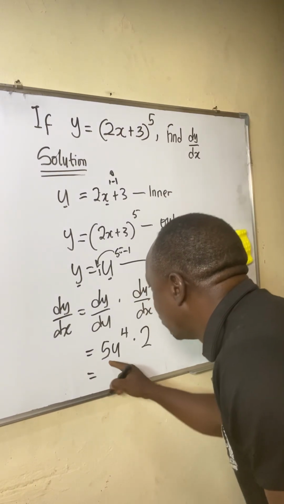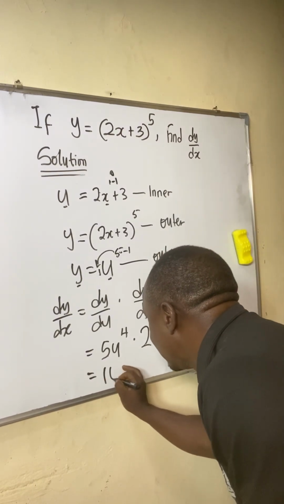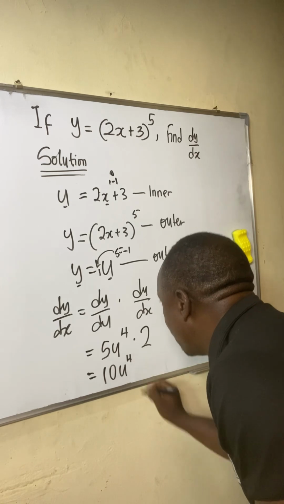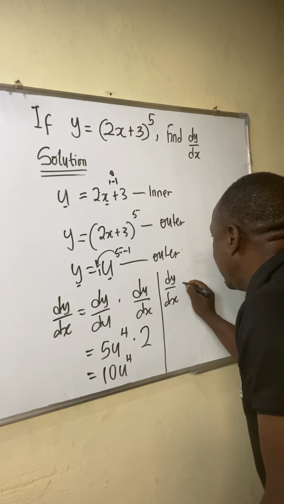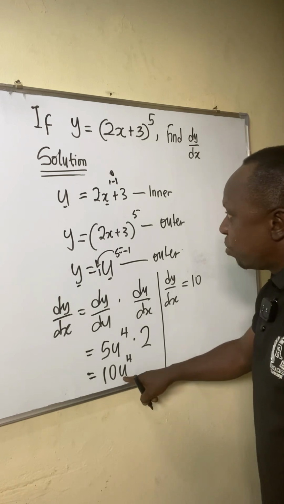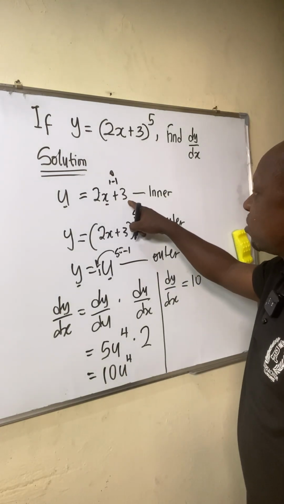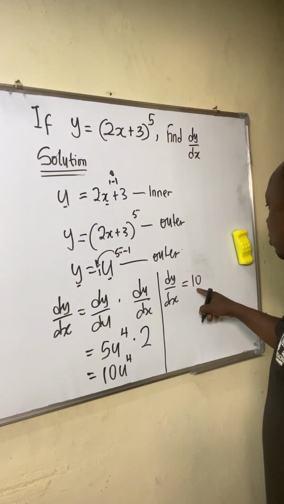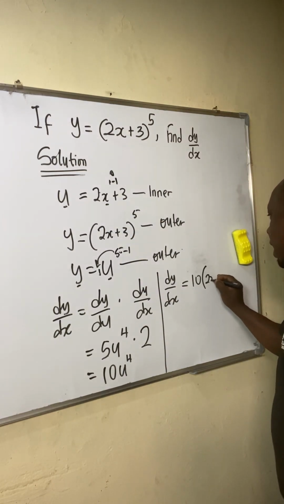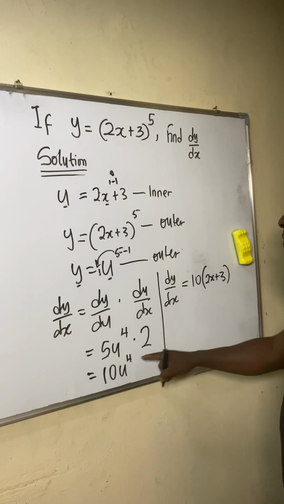So this will be equal to 5 times 2, which is 10u raised to the power of 4. Now, dy/dx will be equal to 10. u is the same as 2x plus 3. We're going to replace u with 2x plus 3. This will be 10 bracket 2x plus 3, all raised to the power of